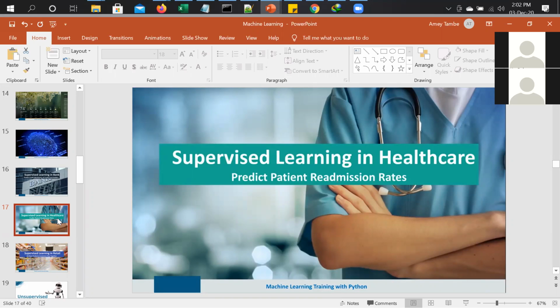From that I can make a prediction for the near future of how exactly that person may get infected again, or what the chances are that the person gets readmitted to the hospital.